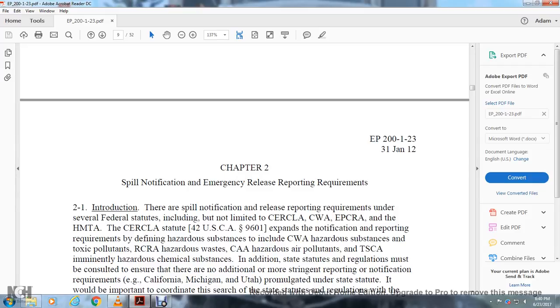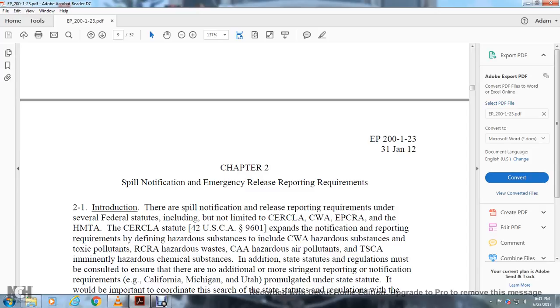and the Hazardous Material Transportation Act. The Comprehensive Environmental Response, Compensation, and Liability Act, Title 42 of the U.S. Code, Section 9601, expanded the notification and reporting requirements, defining hazardous substances under the Clean Water Act, hazardous substances, toxic pollutants,